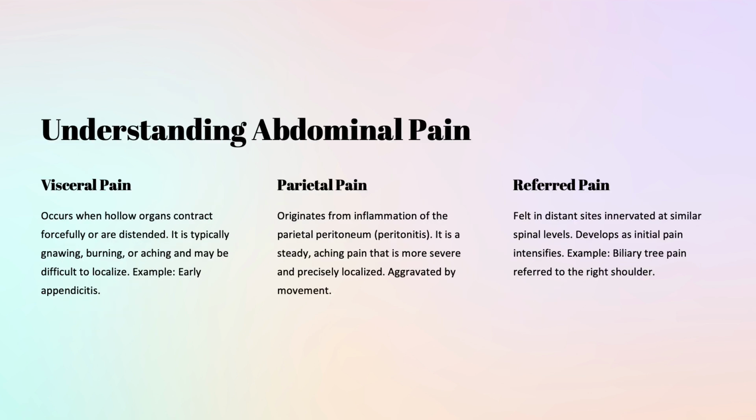Abdominal pain could be either visceral or parietal. Okay, so if you remember the anatomy of the neural structures for the hollow organs, they are more difficult to localize. So they are vague in nature. So if you ask the patient, where's the pain, and they are unable to point towards a specific area, they're saying it's just a general area, then it's more of a visceral pain. Aside from that, in terms of character, it's more gnawing, burning, or aching, less of a stabbing nature. Okay, so visceral pain could be seen, for example, in early appendicitis, in which the peritoneum is not yet involved.